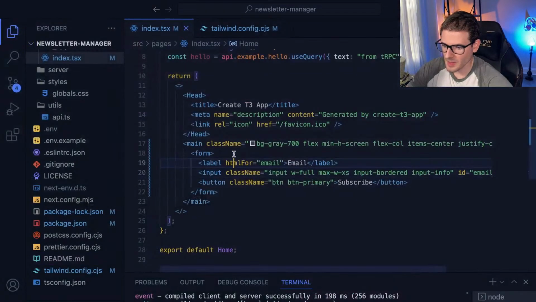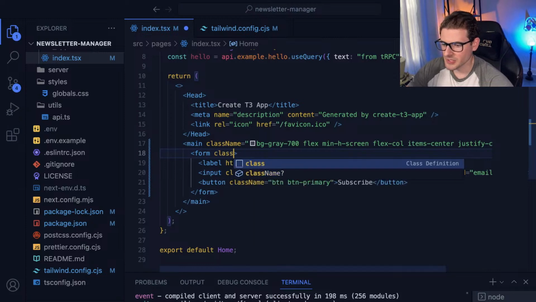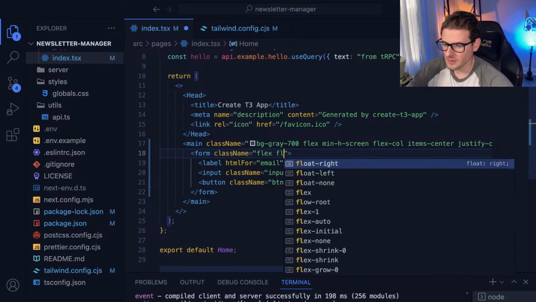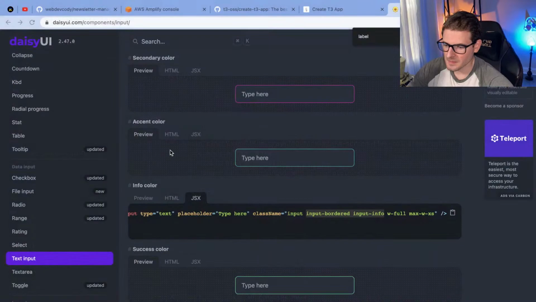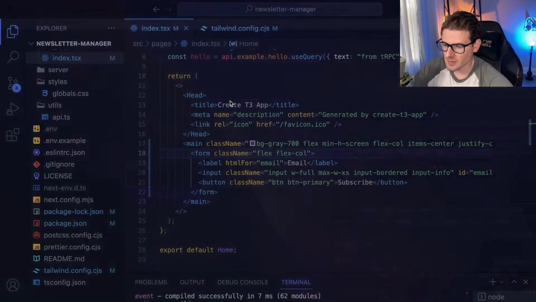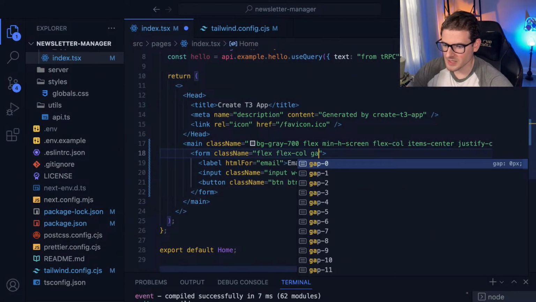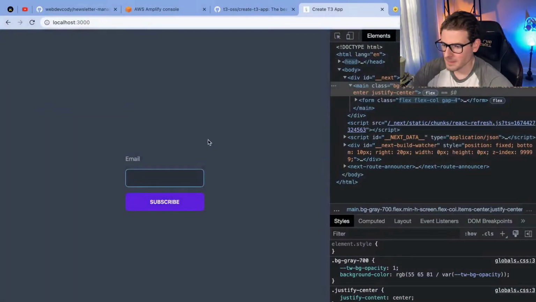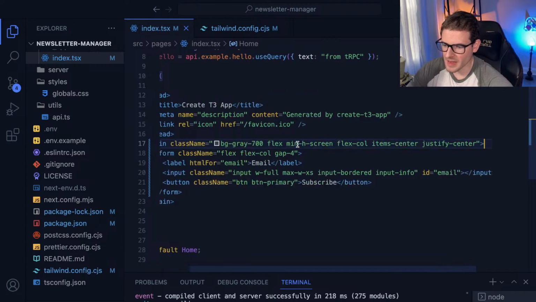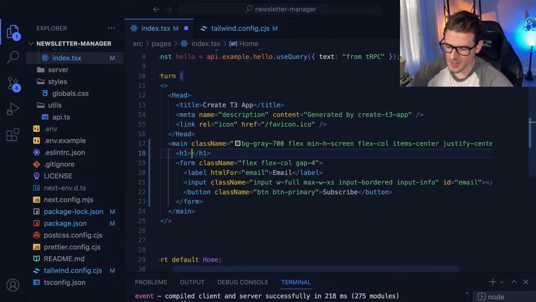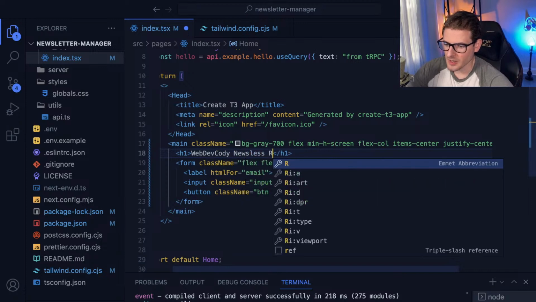Cool. And on the form itself, let's just give this a flex and a flex column so that they're all on the same thing. And then also some gap. Just say gap of 4. And then probably above that, let's just do an H1 that says web dev Cody newsletter.